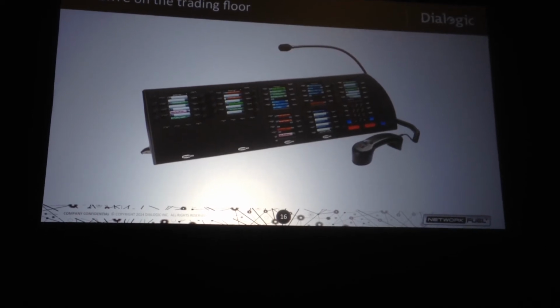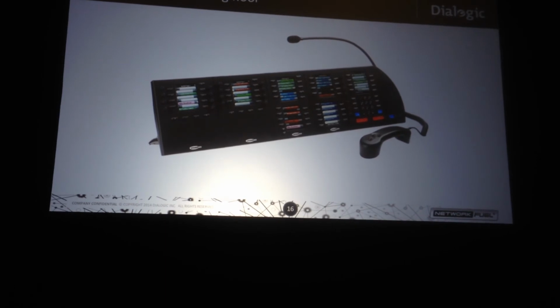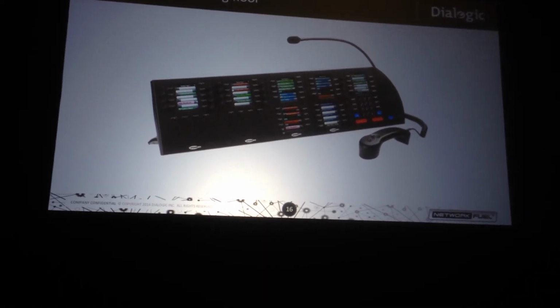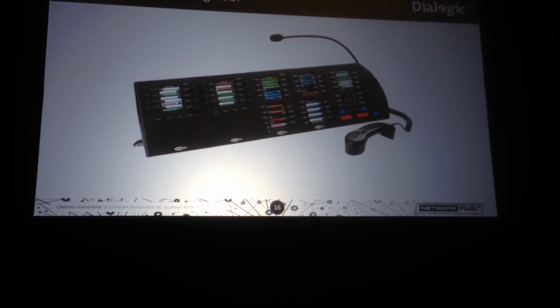How many of you know what this is? This is not Motorola's first mobile phone. This is obviously a trading turret. We have one of the largest service providers in the UK that runs as one of their divisions a trading floor. And they've been attracting a lot